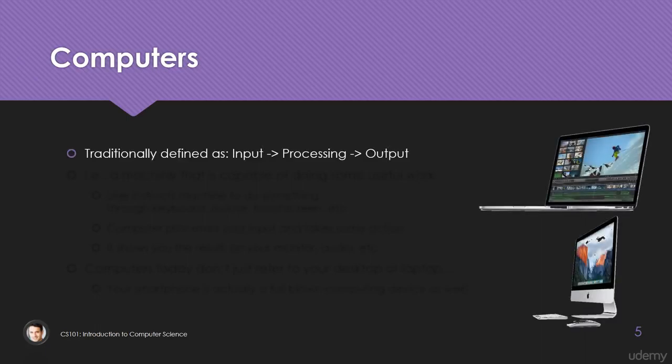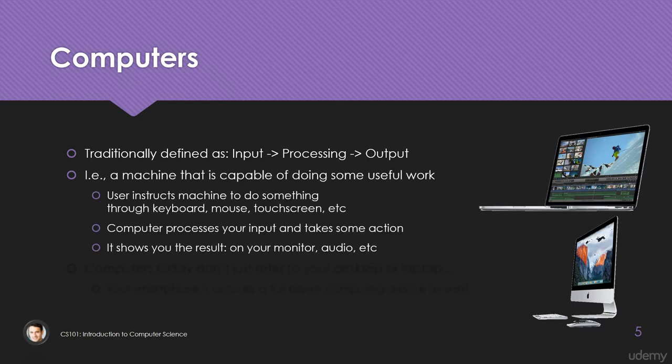First of all, what are computers? They're traditionally defined as devices that take in some input, process it, and produce some output. That is, it's a machine that is capable of doing some useful work. The user instructs the machine to do something through the keyboard, mouse, touchscreen, etc. The computer processes your input and takes some action, and then it shows you the result, either on your monitor, audio, etc. So you will probably find yourself doing this quite a lot, typing in some input through your keyboard or mouse on your computer, and then the computer does something and it shows you the results on your monitor